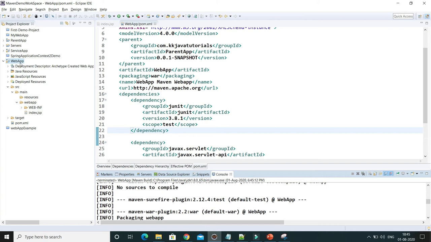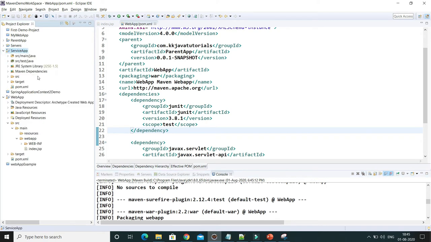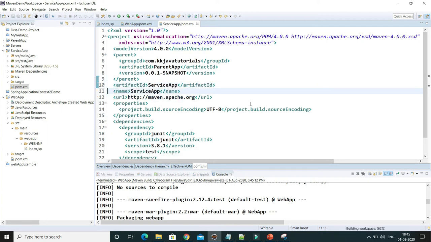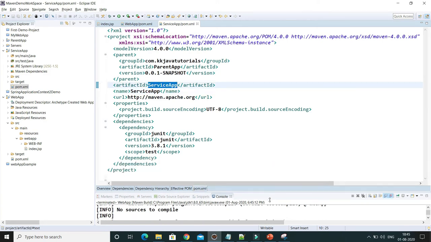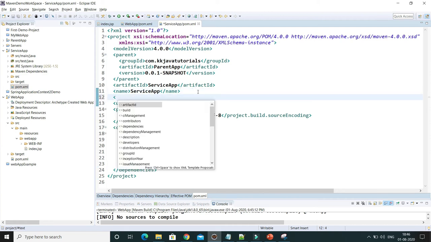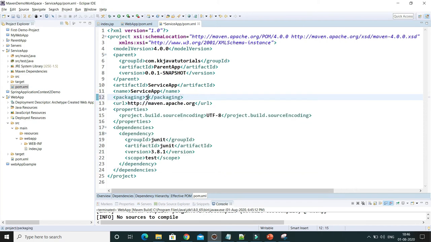This is the first child, and second child we have a service which is nothing but a Maven project. It's a second module, of course. And if you look into the POM here, unnecessary stuff I'm going to remove. So remove this stuff. This is not needed in model, right? This easily can be recognized by the artifact ID itself. So here packaging is missing. If there is no packaging, then packaging would be jar itself. Default packaging is jar. Of course you can add packaging, but even if you do not add packaging, the default would be jar itself.